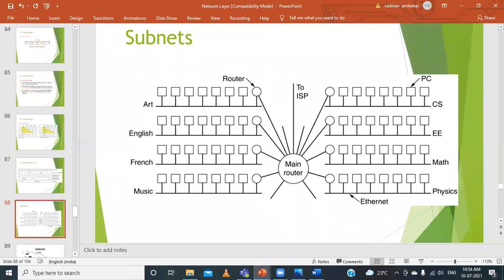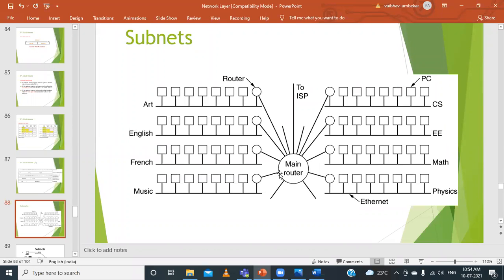Next thing that we need to understand is about the concept of subnets. So here it is subnet, or we can consider in a better way, it is subnetting. The subnet that we have discussed is a little different. Subnet is nothing but a collection of different routers and computers connected by communication lines. That we call a subnet or a part of a network. But here we are discussing something about subnetting.